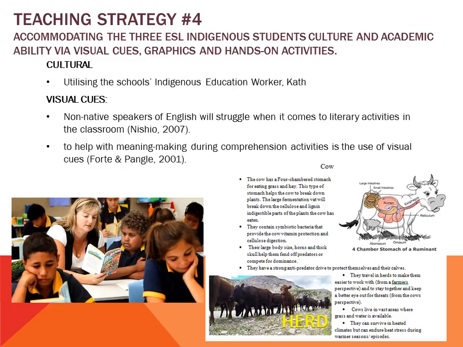They further state an effective teaching strategy to help with meaning making during comprehension activities is the use of visual cues. The sequence encompasses a number of visual teaching strategies to accommodate the ESL students in the classroom. All attached worksheets evidently connect the main focus words with images in hopes of achieving this accommodation for the ESL students. Evidently, in Lesson 6, the reading rotations ensure all texts are accompanied with visual cues to help students make meaning of what they're reading.